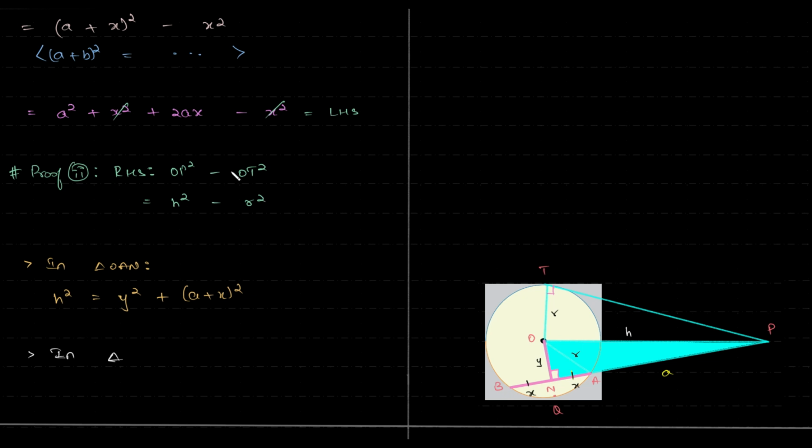Then in triangle, radius, right? Which triangle can we use? Not exactly that. That's your radius, remember? So we can make use of this triangle, is it not? So which is that triangle? ONA. So we have radius square is equal to y square plus x square, and on substituting,